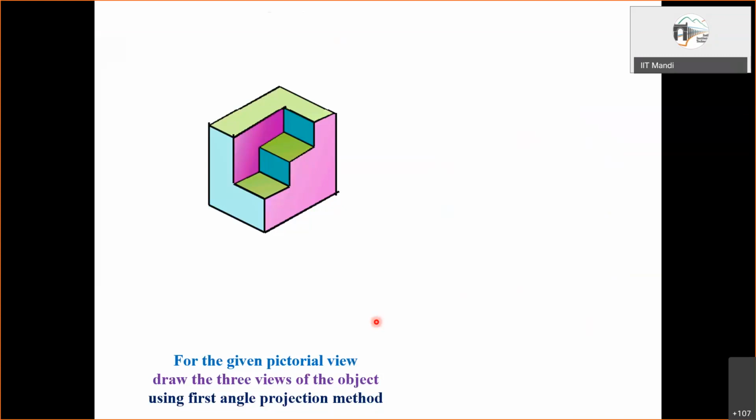Suppose it's not mentioned which one is front view, then you might always have a choice that you can have the front view by looking from this side, or you could have front view by looking from this side. Of course, top view only will be by looking from this side in the downward direction, right?